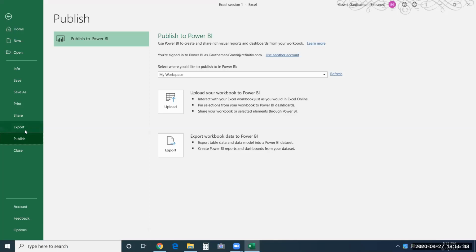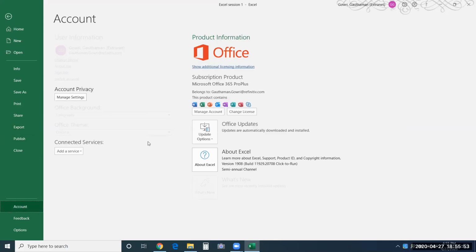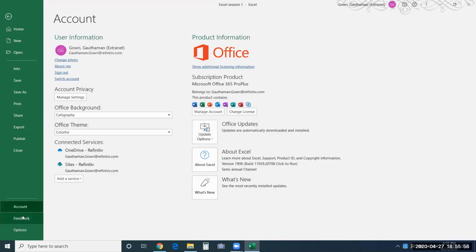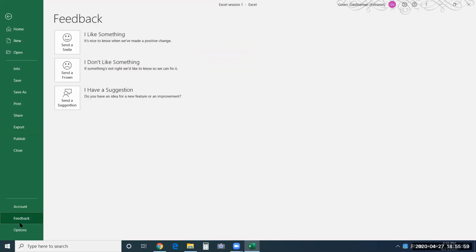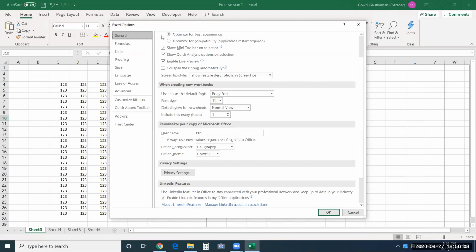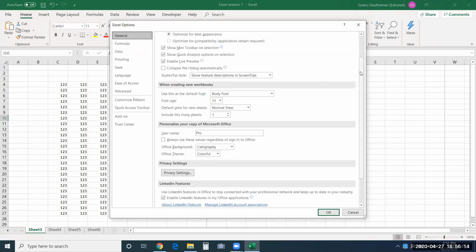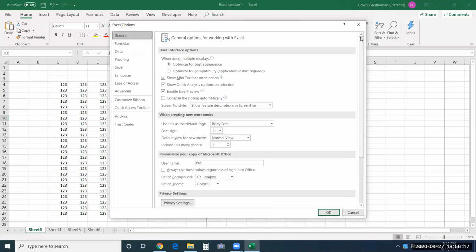So when you click on close, it lets you close this file altogether. And you have this account information where you can check your Office subscription account. And feedback is for you to provide feedback to Microsoft Office. And next, options is another window that opens which lets you customize how Excel behaves. So how exactly you are looking at this screen, how many sheets have to be added immediately after opening a new file, what should be the font that has to be used. So all these can be applied on your Excel application. So these things we'll be learning in the further chapters.